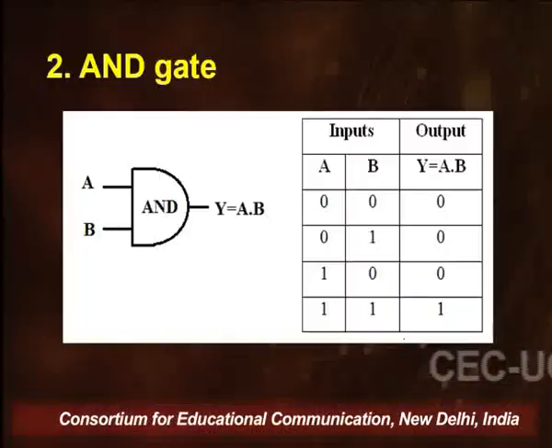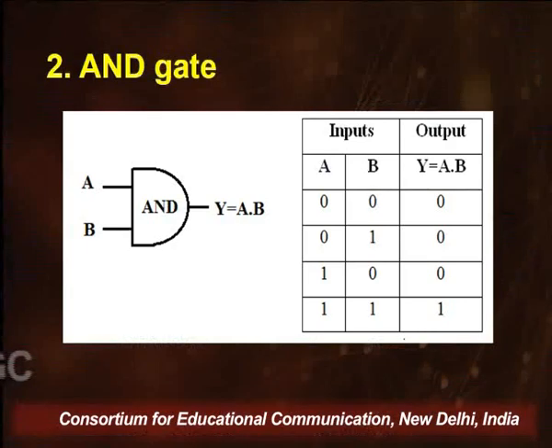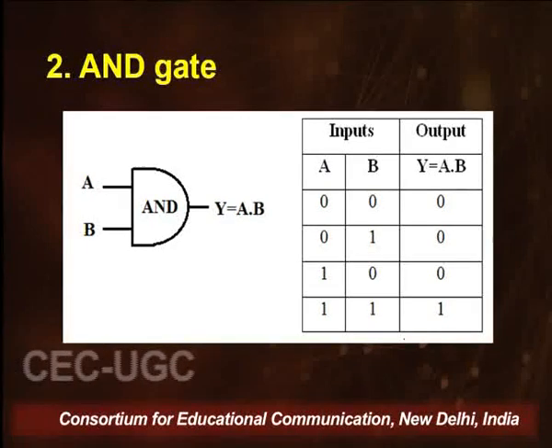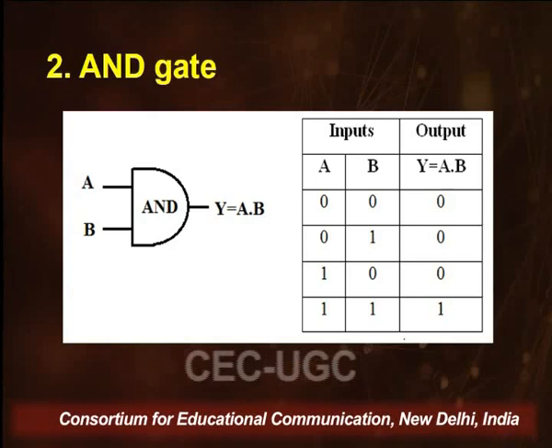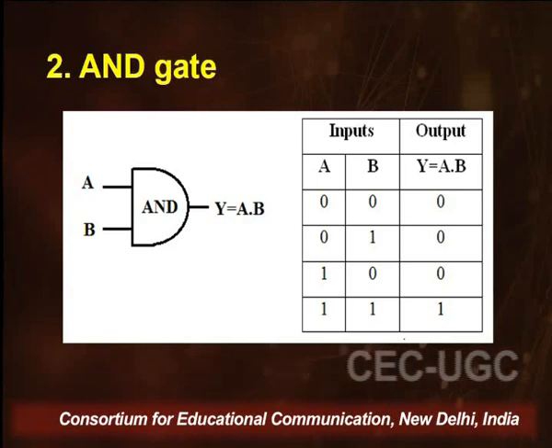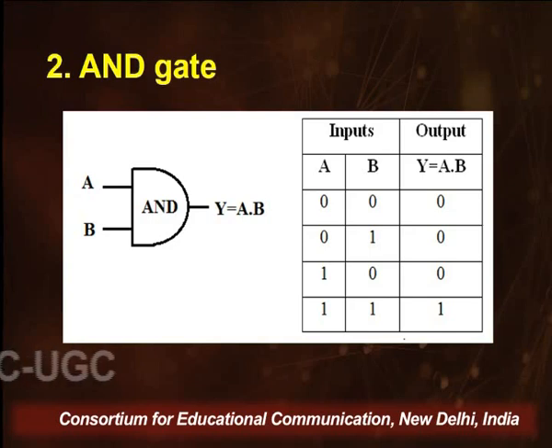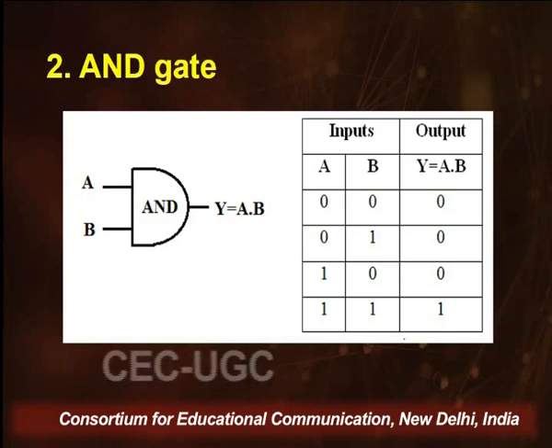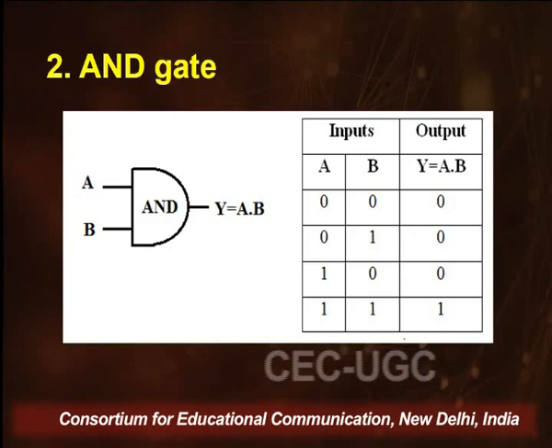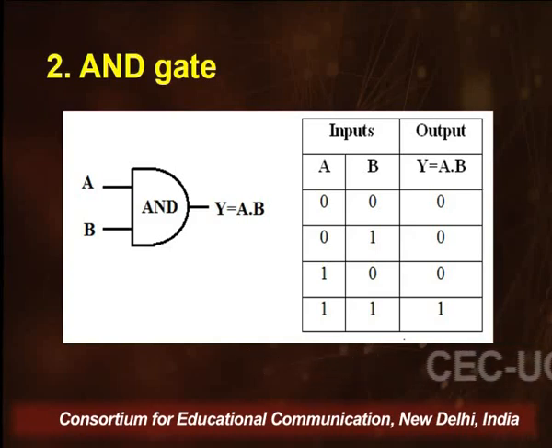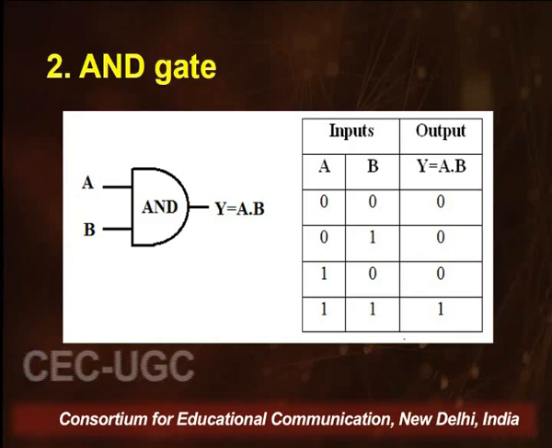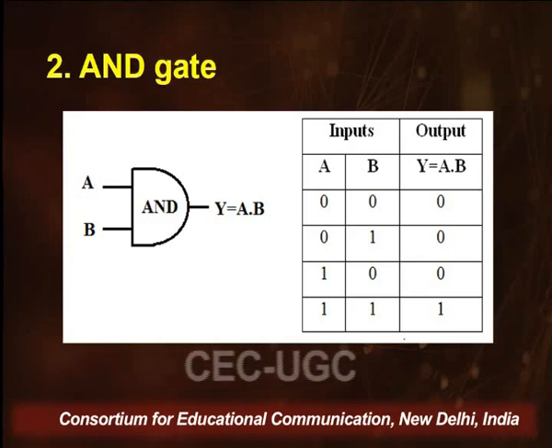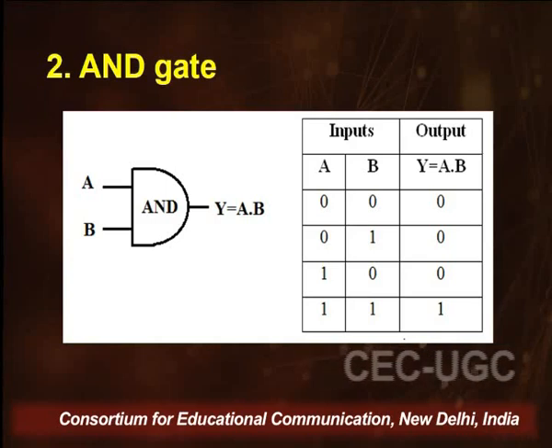Let's go to the next gate, which is an AND gate. Minimum 2 inputs go into this gate. So we see A and B are the inputs. The output is Y is equal to A dot B, or we call it a logical multiplication. If we have 2 inputs, the possible combinations that we will see will be 2 to the power n, which makes it 2 to the power 2, which is 4 combinations, visible from the columns of A and B. The output would be a logical multiplication, which is Y is equal to A dot B.